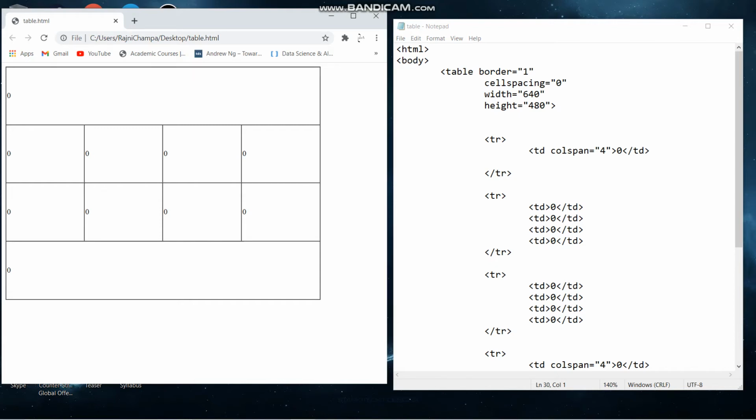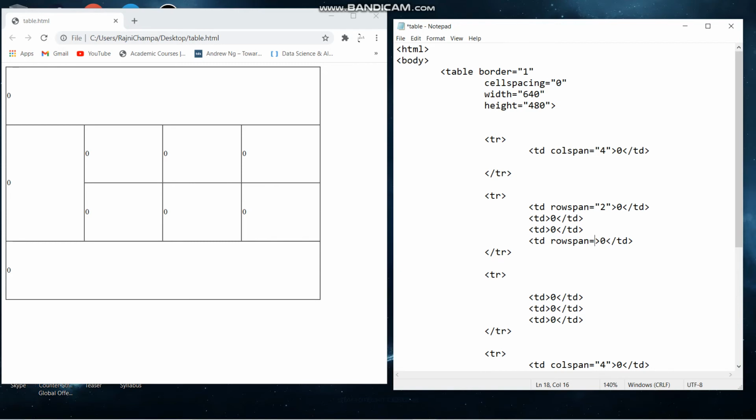Now I will show you how rowspan is done. Rowspan is done vertically, upwards and downwards. So we need to merge the first column's second row and third row cells together. So in the td I have to write rowspan 2, because those are 2 rows that are going to merge. I have to delete the first td of the third row also. So the second and third have been merged, and I have also deleted.